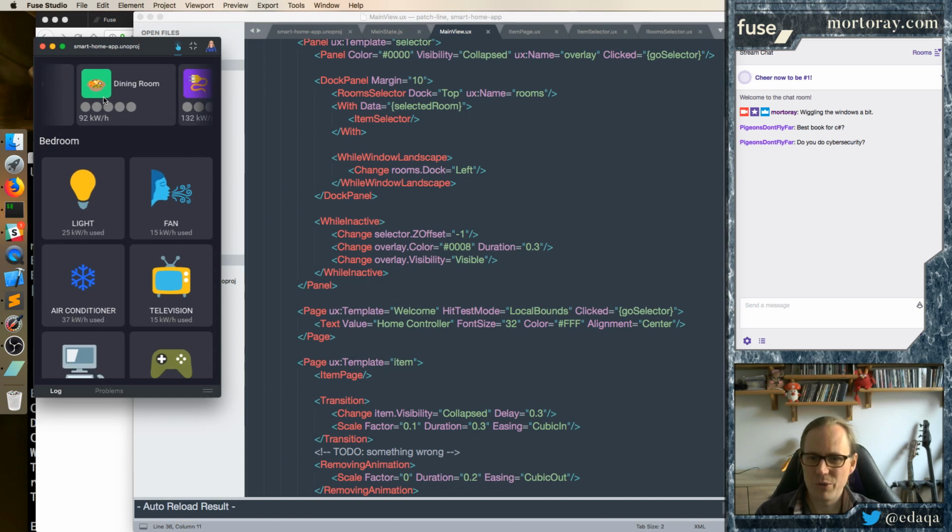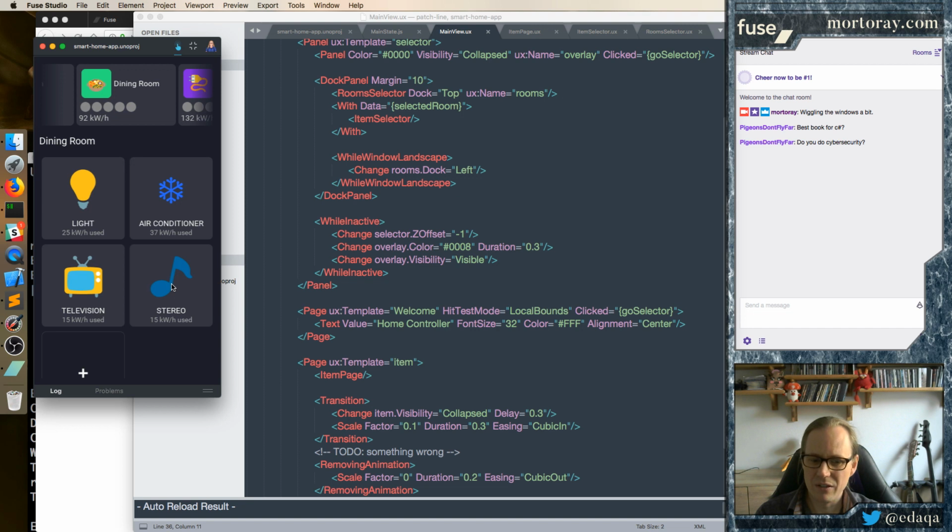I'm running out of ideas, so what do we have? Maybe in the dining room we have some controls. Stereo has a volume as well, and you might have skip, next, and forward tracks. So your stereo may have next, forward. Let's do a stereo one then. Stereo one might have